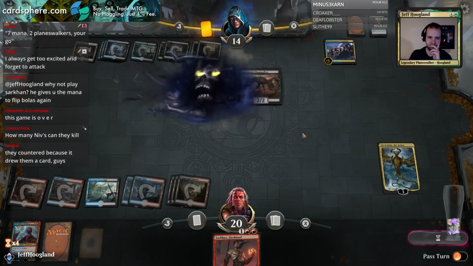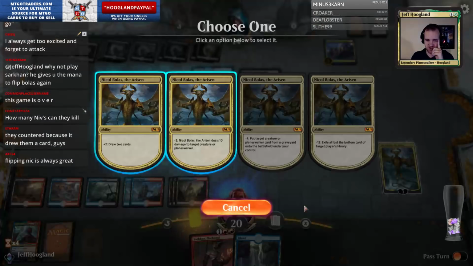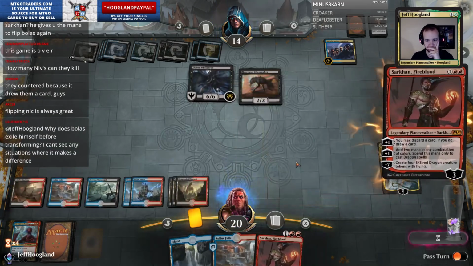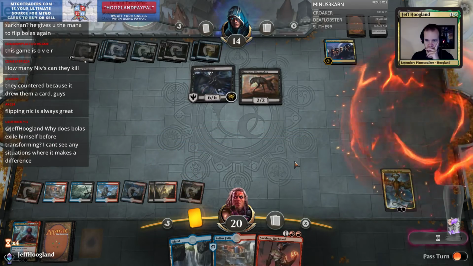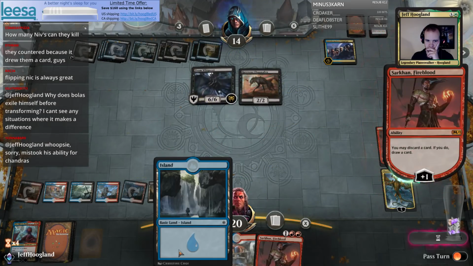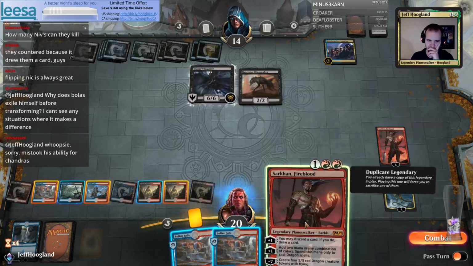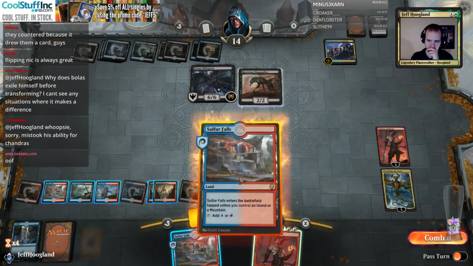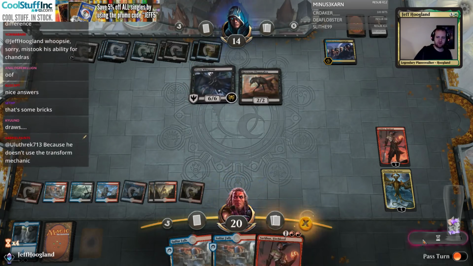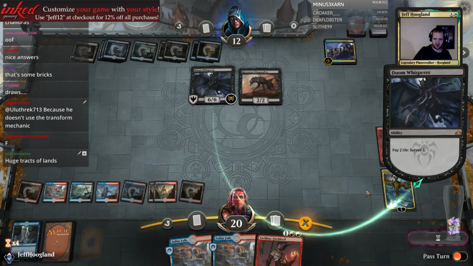They do not. Okay. Alright, so I get 4 shots to draw an answer to Doom Whisperer. Yeah, I think chat's right that I should have gotten the other Nicol Bolas back. This is unmatched. Who are you to call me mad? I know what I'm doing. Yeah, I got punished here. If I would have gotten the other Nicol Bolas back,